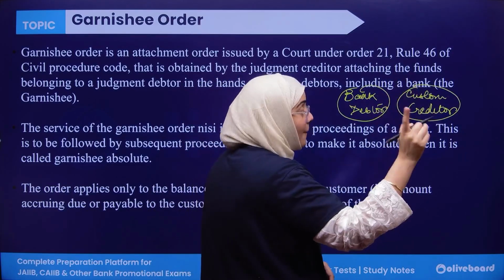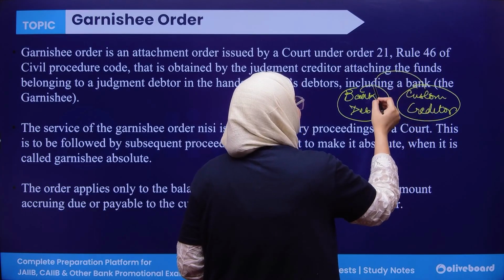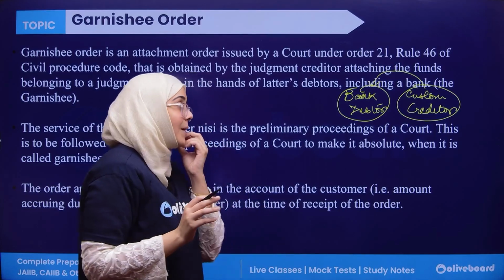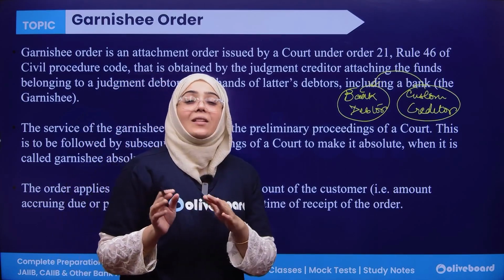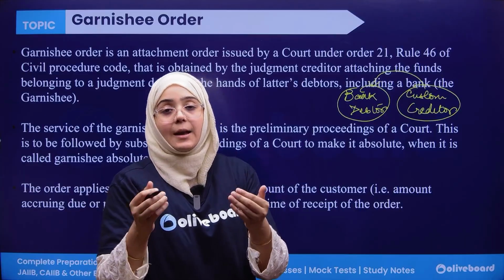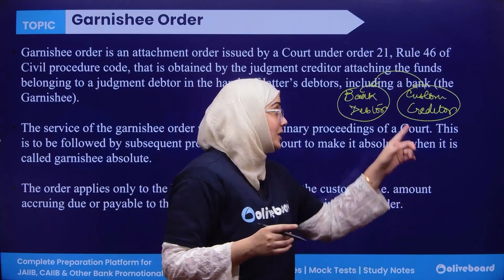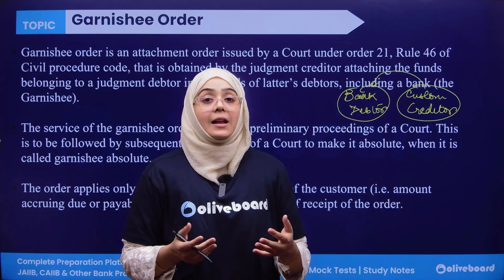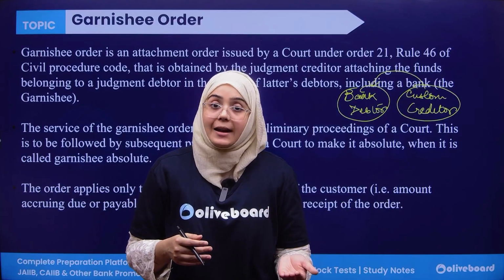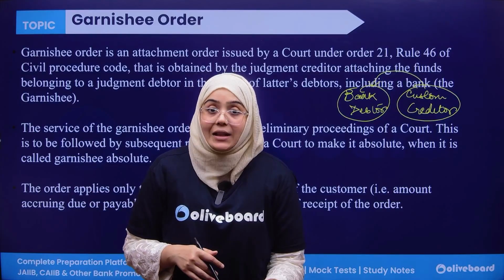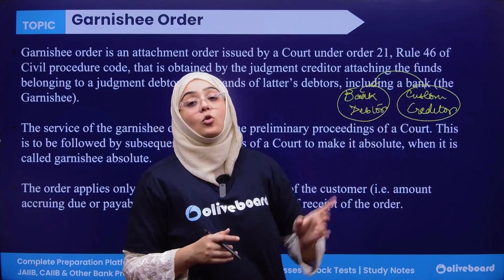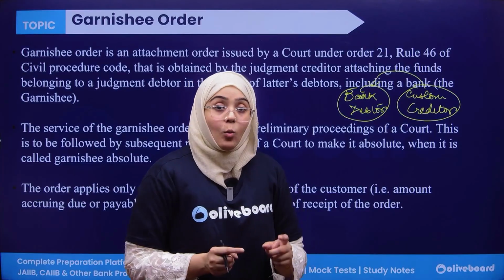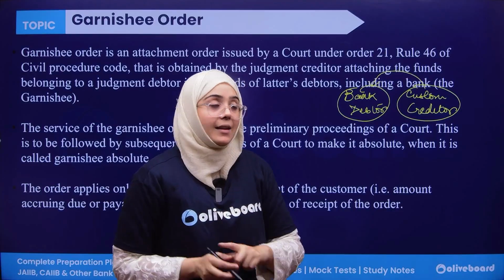For example, there is some amount which the customer has deposited in their savings account. For example, there is 5 lakh which the customer has in their savings account. The bank, for example, lent all the amount in the market as a loan. Now this creditor, this customer, wants their amount back. Now the bank is not crediting that amount. The bank is not giving that amount. So this customer can go to the court and the court issues a garnishee order, not requesting, ordering